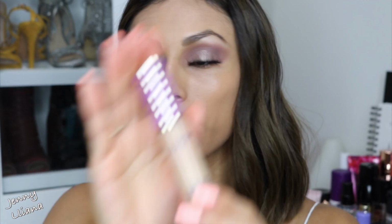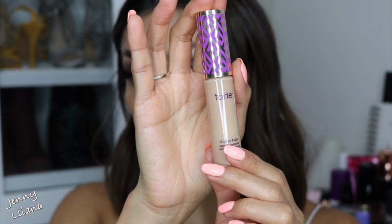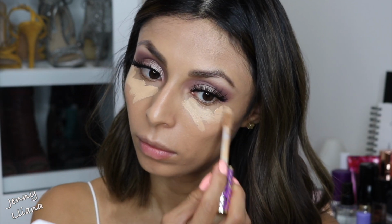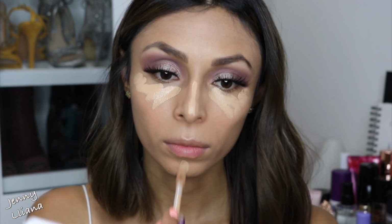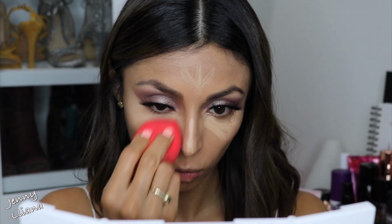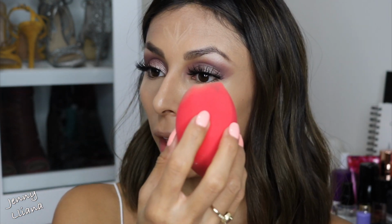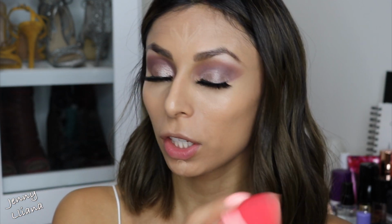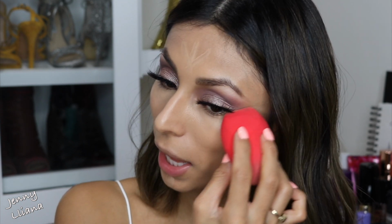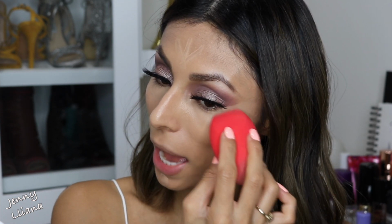For concealer, I'm gonna be using my Tarte Shape Tape Concealer. And I like to use this sharp edge on this beauty sponge by Morphe. So when I clean up my concealer around my eyes, I use that edge to pat the